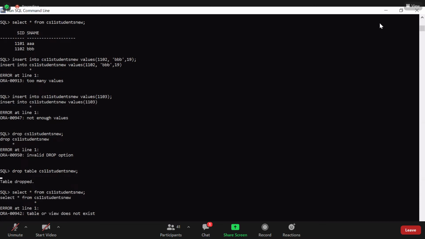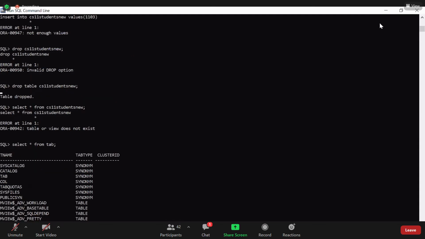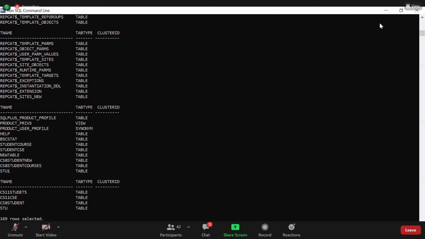If you want, you can also check from the syntax select star from tab. Nowhere can you find it, because it was already removed. Understand? Yes, ma'am. So now this was about the drop command.